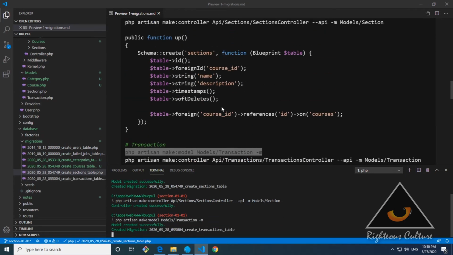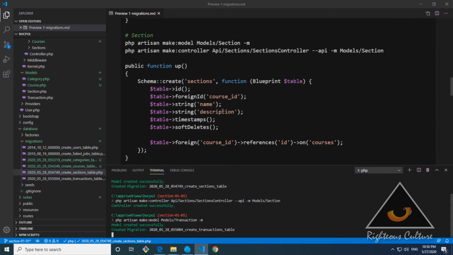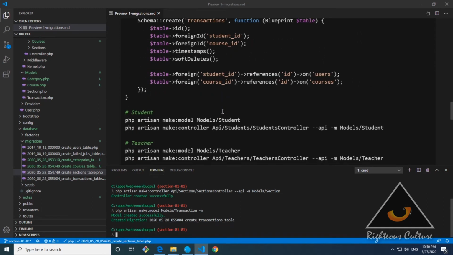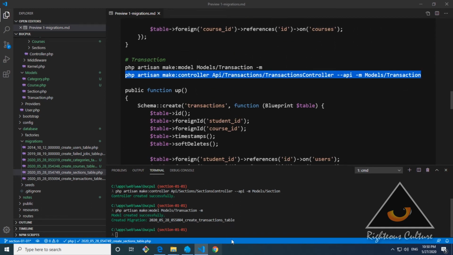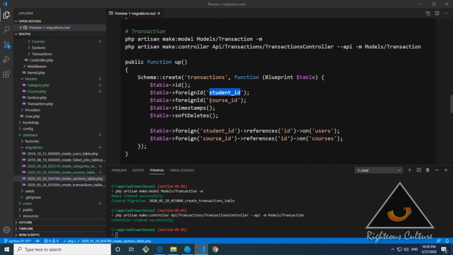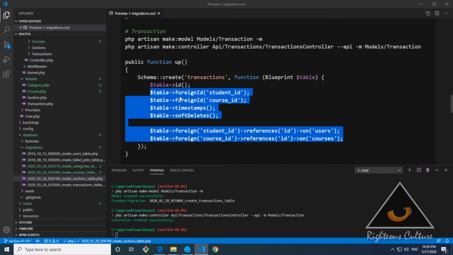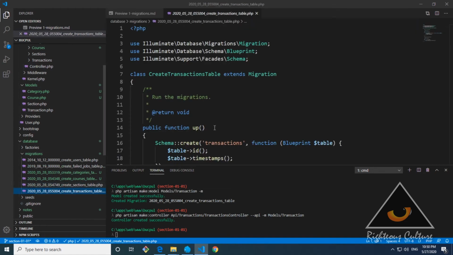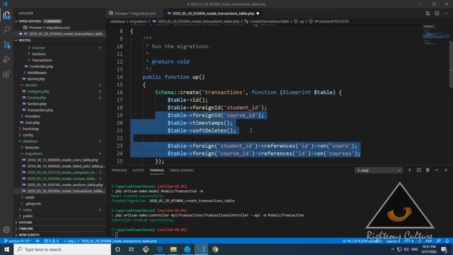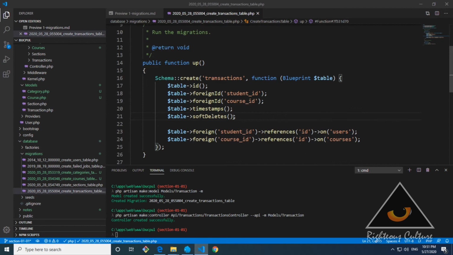Okay, let's do the same thing for transactions. We create a model for transactions, and then we create the controller. As you can see, transaction is going to have two foreign keys, course ID and student ID, which means a student will have authorization